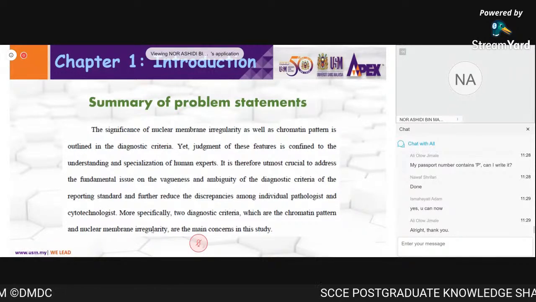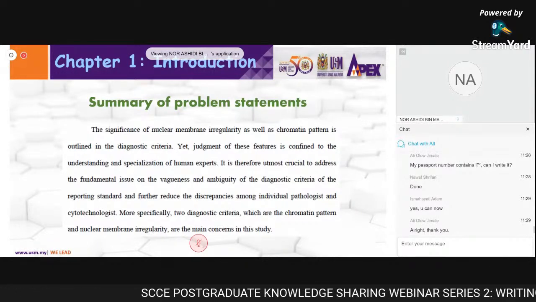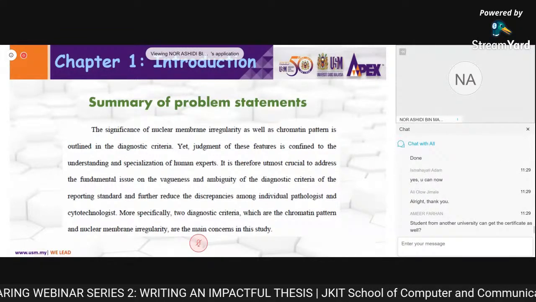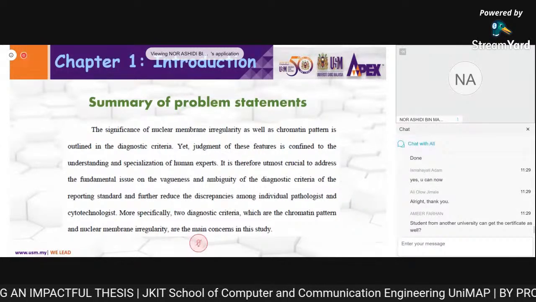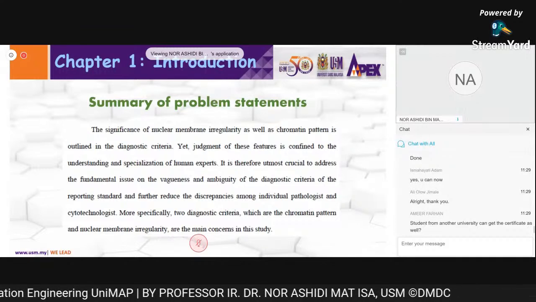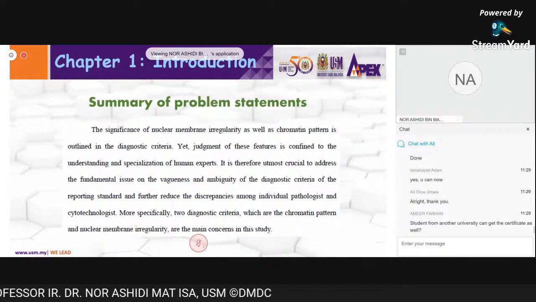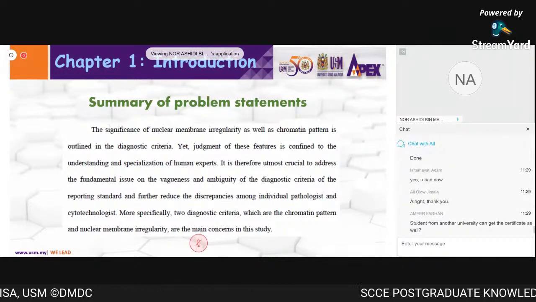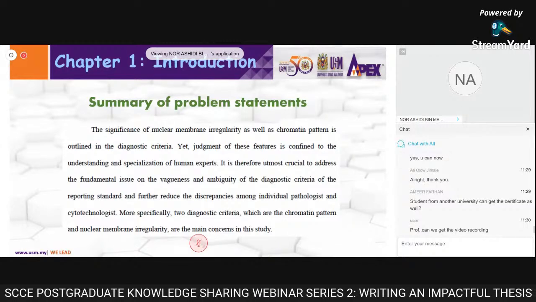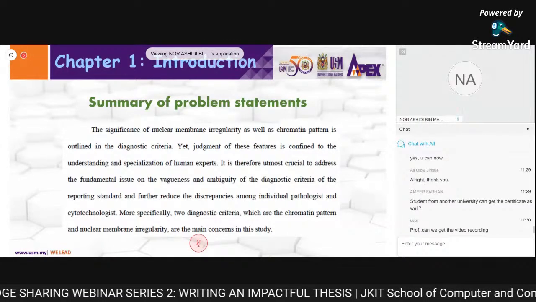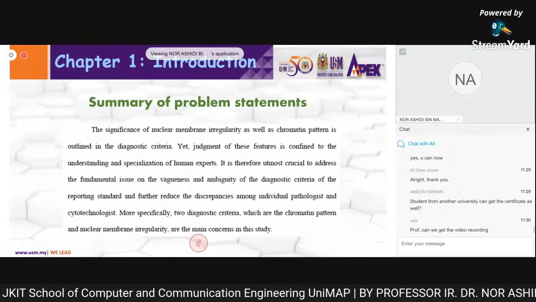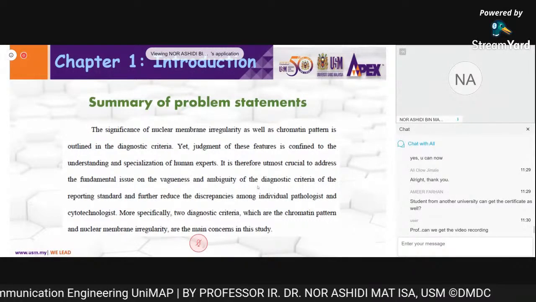Okay, so it's not about the amount or the size of your research area, but it's about the niche area. How do you focus and do research on that area properly and thoroughly. Okay, so please be aware that you must make sure you know about your scope, and you have to make sure that you are a master in that area. It's not about the number of areas, but it's about the specific niche area. Okay.